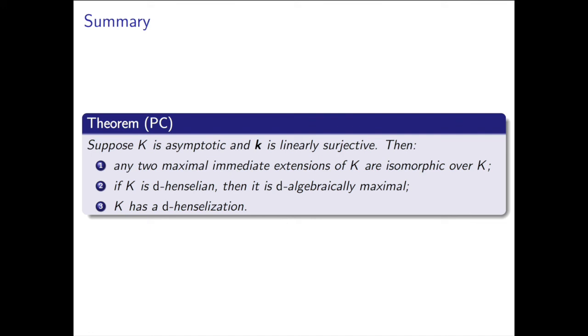I guess these things are already kind of known for Transseries and Hardy fields, but the terms are different. There's a different generalization of Henselian that makes sense when your derivation is trivial, that they call Newtonian. And differential-algebraically maximal you can replace by only asymptotically differential-algebraically maximal, in the sense that you only consider asymptotic extensions.